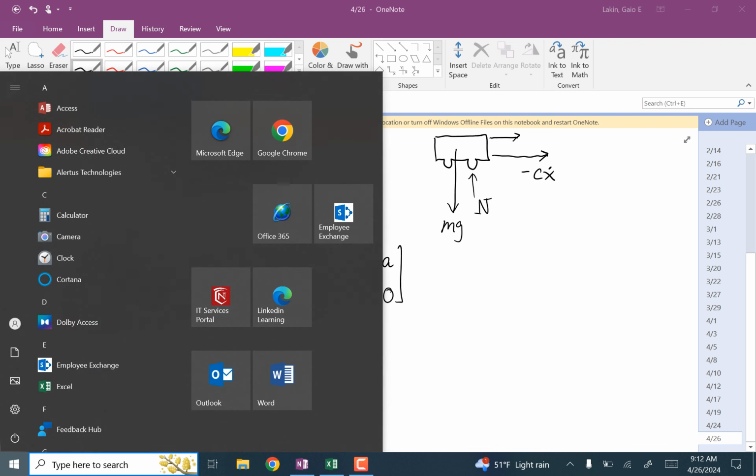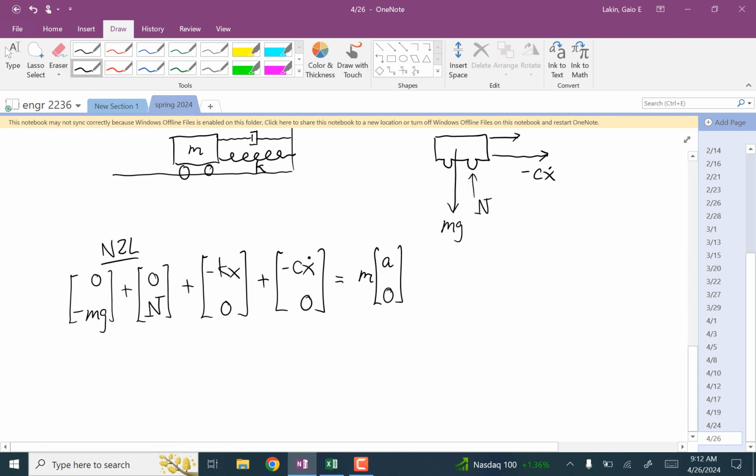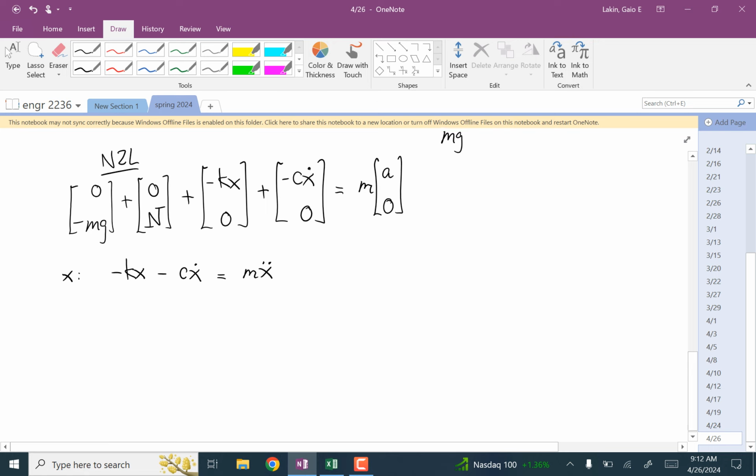And that acceleration is x double dot. So I can take the x equation and rewrite this as negative kx minus cx dot is equal to mx double dot. And now rearrange this,